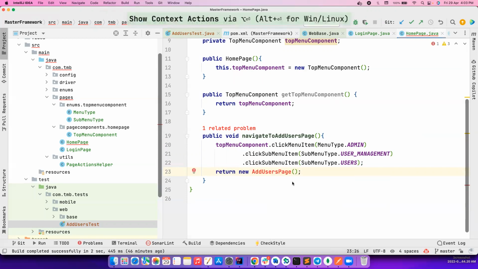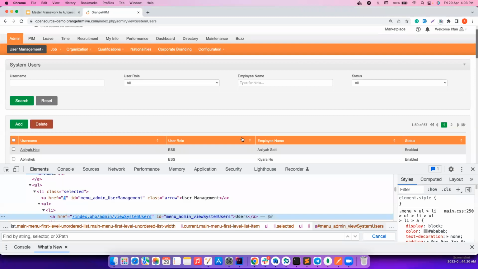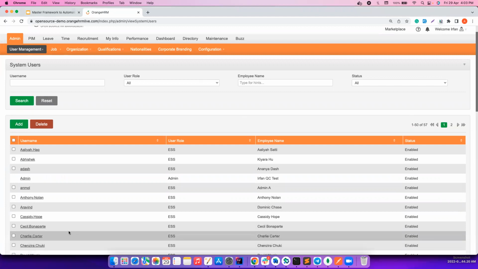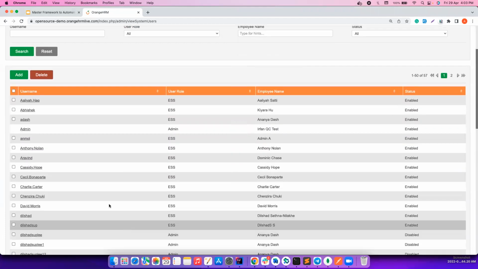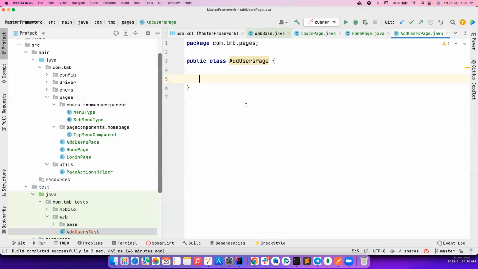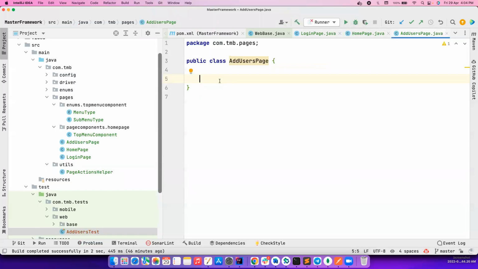and here I go ahead and create a new class inside pages, add users page. So this is the add users page. We can call this whole thing add users page, and maybe this is the button that we are looking for. Again, you can create this as a separate component. Let's say this is users component, this is search component, and then you can manage the things much better here. So let's also do that. This add users page has a search component, which we are not going to touch, but we will still create a search component there,